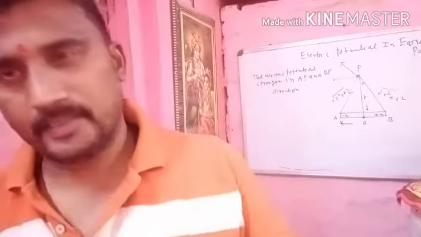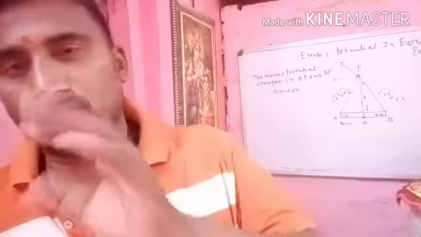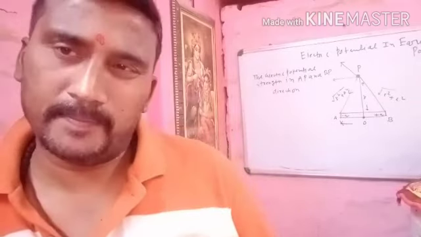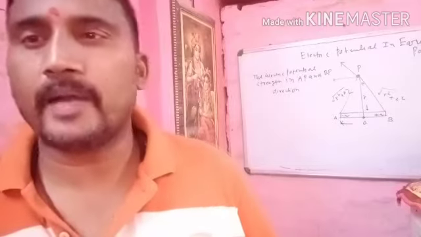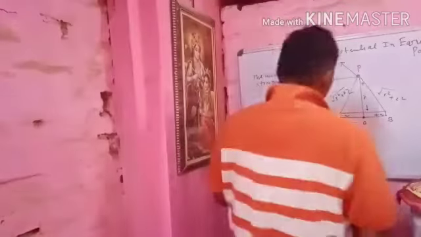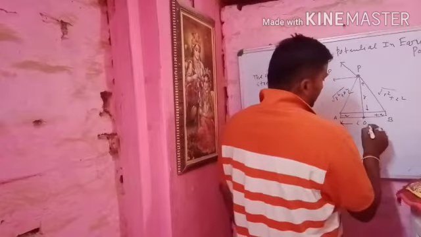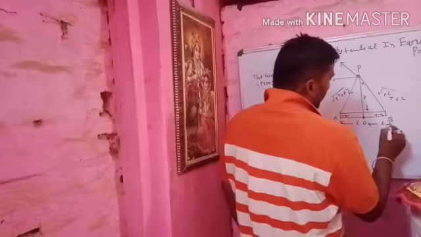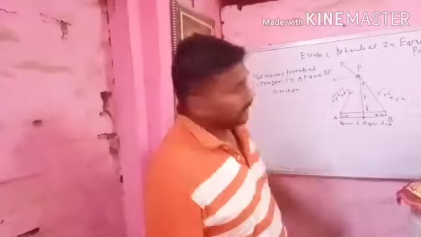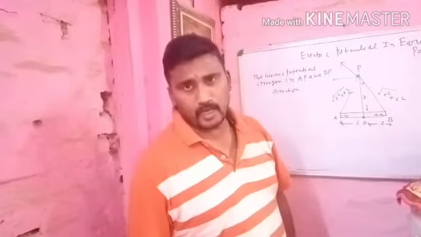We observe that in the AP and BP direction it forms two right angle triangles, OPB and OAP. The value of the hypotenuse we identify from the given values, because the dipole is separated by a total distance 2l, but at the midpoint it is divided into two parts, OA and OB. The distance from O to P is given as r, so the hypotenuse is root r square plus l square.